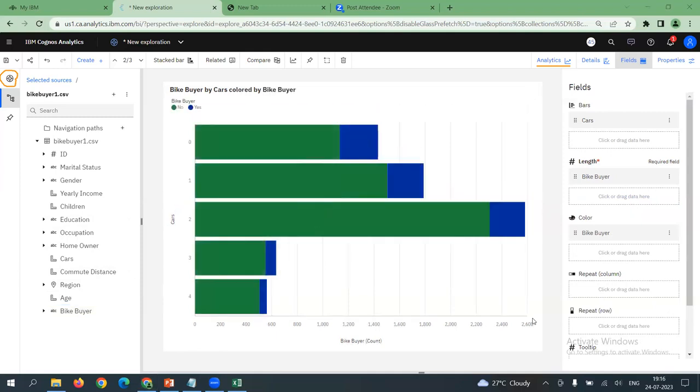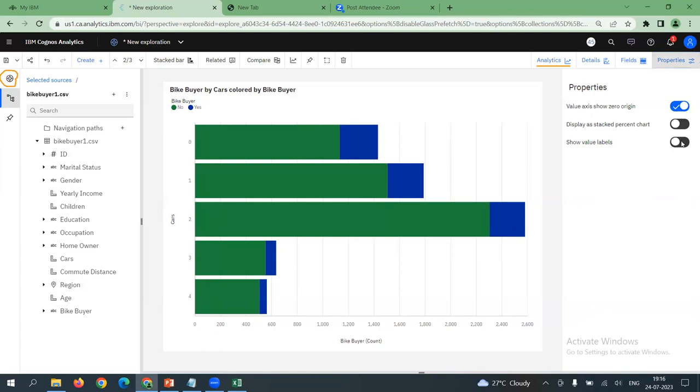Great. We got a stacked bar representing the relationship between the count of bike buyer by type and number of cars on y-axis. Could anybody understand this graph? I hope all of you got this. Please confirm before I go for interpretation. Please make sure all the participants who are doing hands-on, who are following me, are very clear on this. Yes, you can set the properties. You're right, Satyam Sanidhi. You can set the properties, show value labels, and pick up your choice, anything. Beautiful. We have got some values and some percentages.